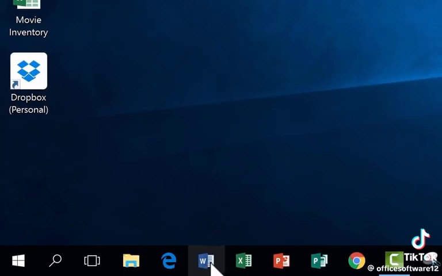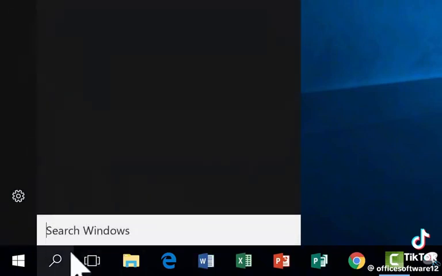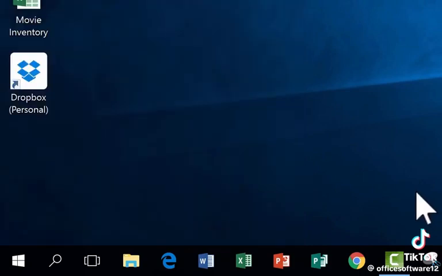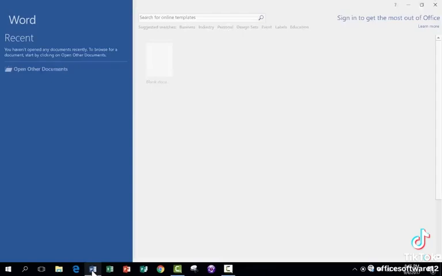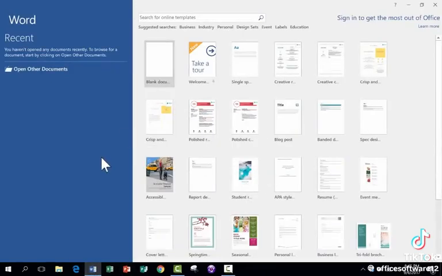If you don't have Word down here on the taskbar, you can just click here on Search Windows and do a search for Microsoft Word to see if it's on your computer. If that doesn't turn up anything, then it's not installed on your computer. But like I said, I'm going to go ahead and click on that to start it up,